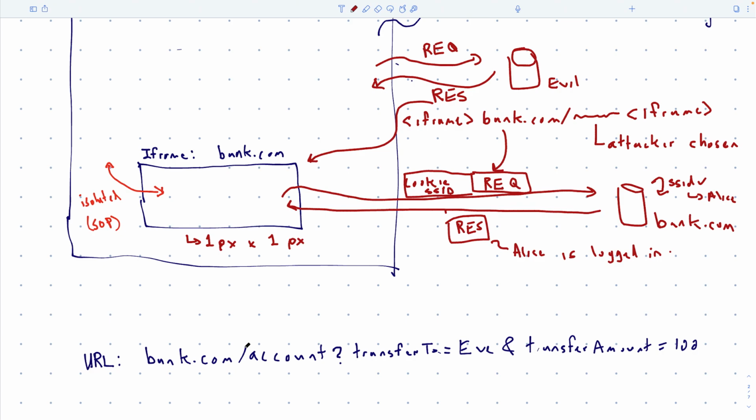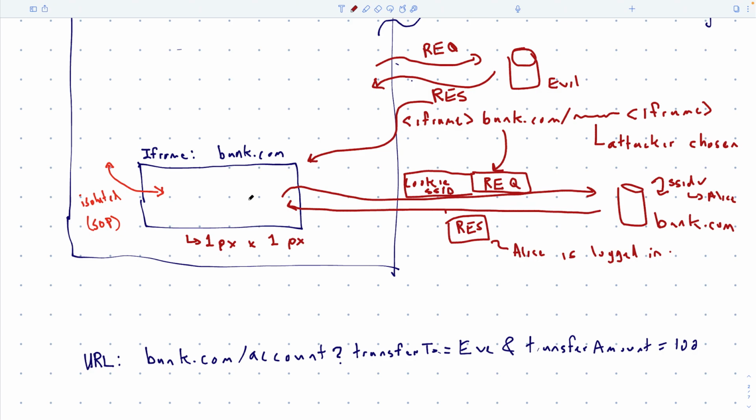Okay. Yeah. What is the usage of cookie here? So the main point is that when I request this URL from the bank, I'm logged in. And because I have a cookie, my browser doesn't know that this request is coming from inside an iframe, right?